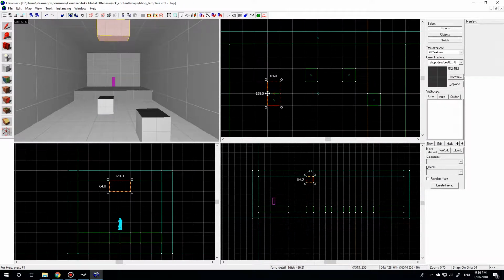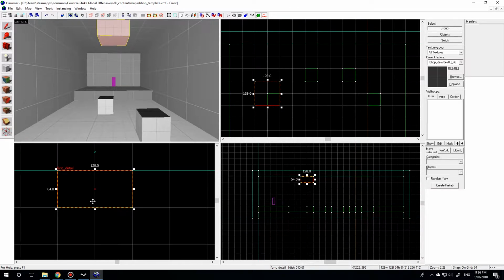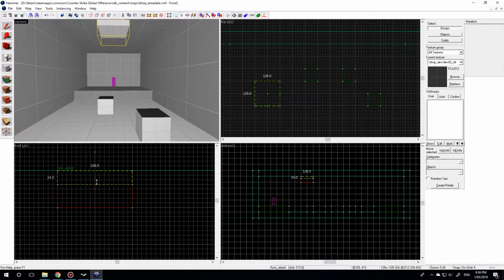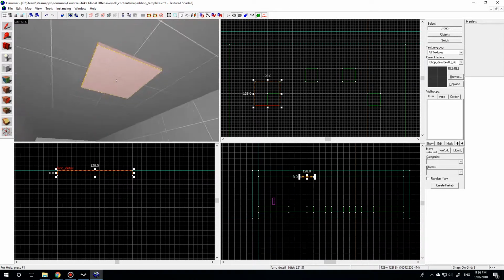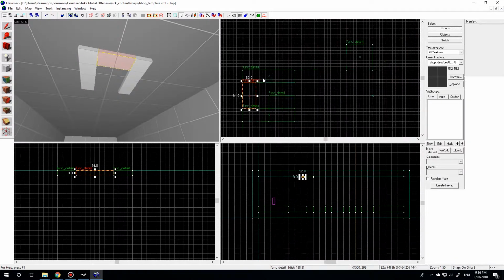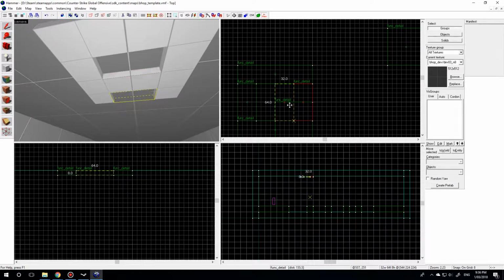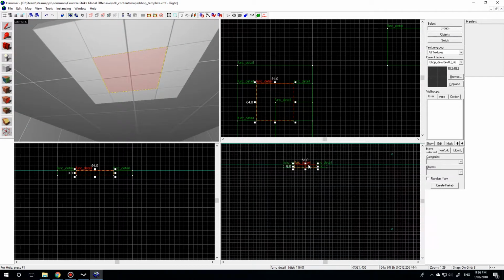And let's make it 128 by 128. On the front view, we're going to thin it out a bit. So we'll change our grid size and we'll snap it down. 8 units seems appropriate. We're going to drag it across, hold down Shift, drag, hold down Shift, drag, rescale that to about the same size, 4 across, hold down Shift, drag. Final one in the middle, make that a little bit thinner,